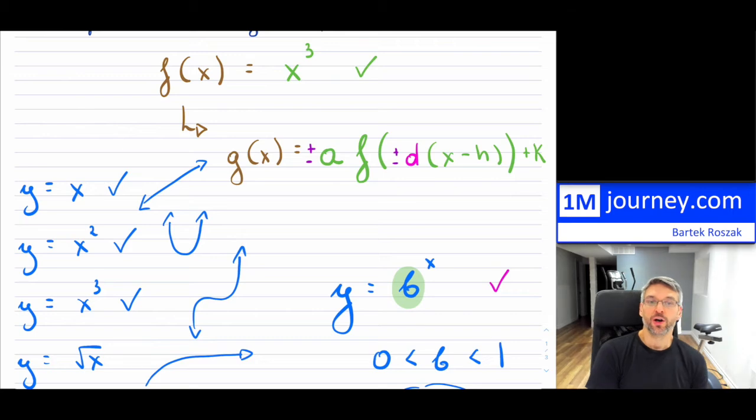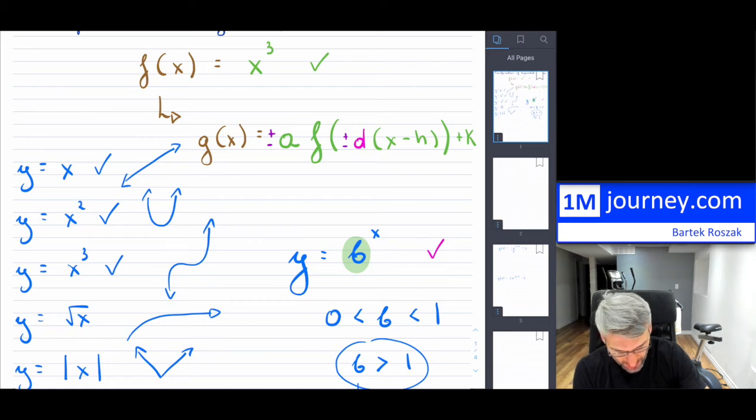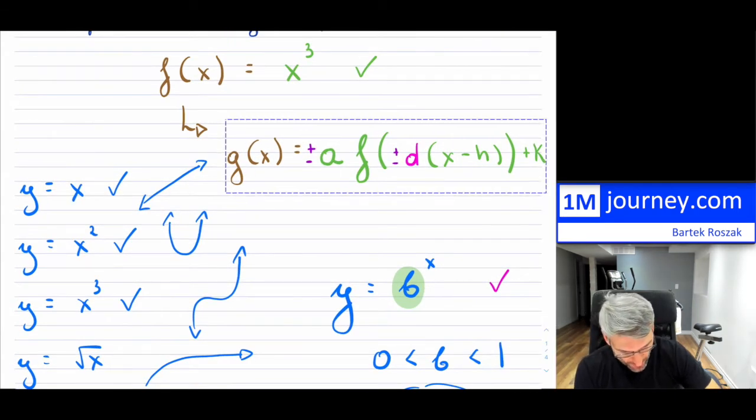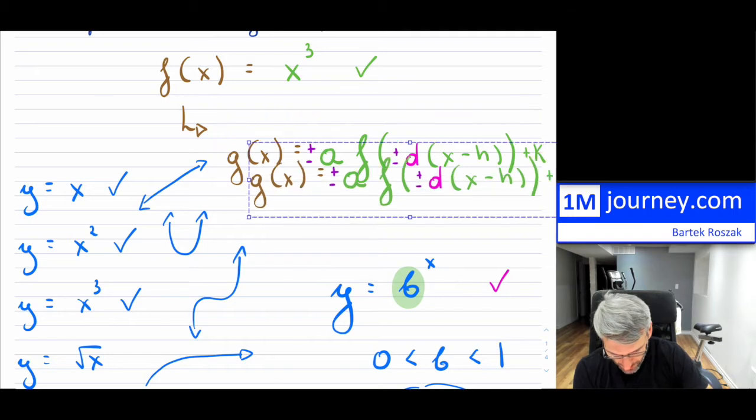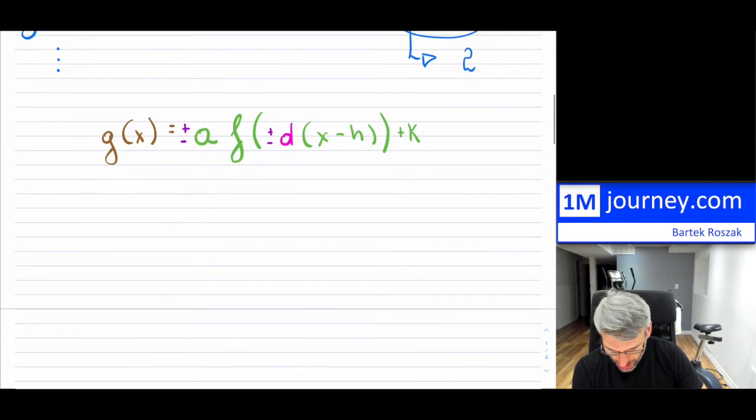Now, the h and the k can also be positive or negative, so that's fine, but I do want to stress these positives. So maybe positive a and a positive d, and then a negative a and then a negative d, and I just want to remind you of what all of these things actually have done. So in terms of kind of a deja vu, I'm going to add a page here, and I'm going to steal these transformations, and I'm going to duplicate it in here. Let's bring it down a touch, and I want to talk about it just again to remind you